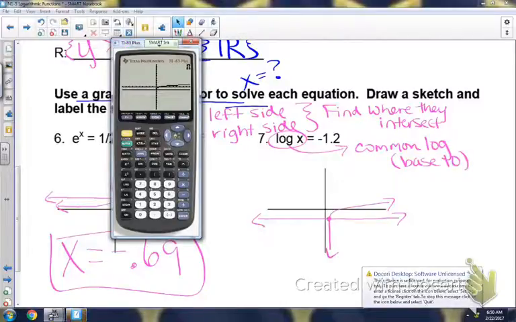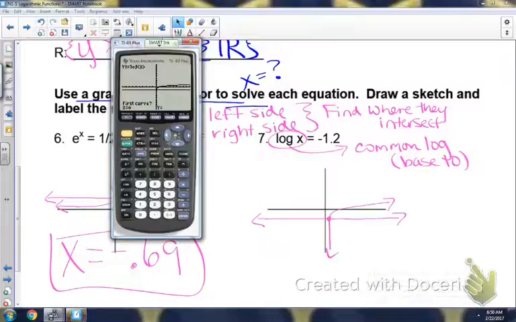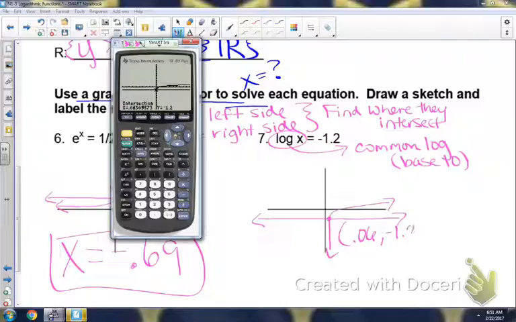So second calc 5. Press enter 3 times. Intersection would be 0.06, negative 1.2. We're solving for x, so x